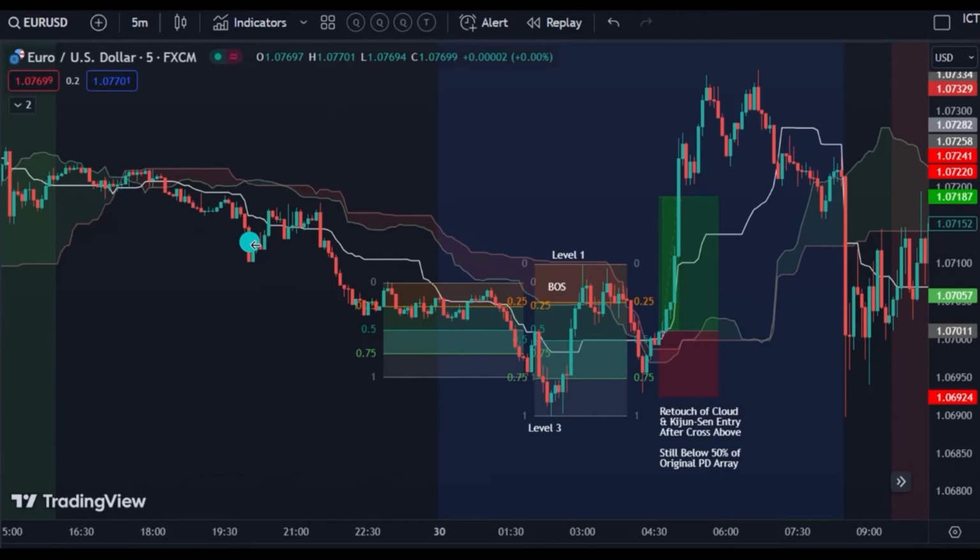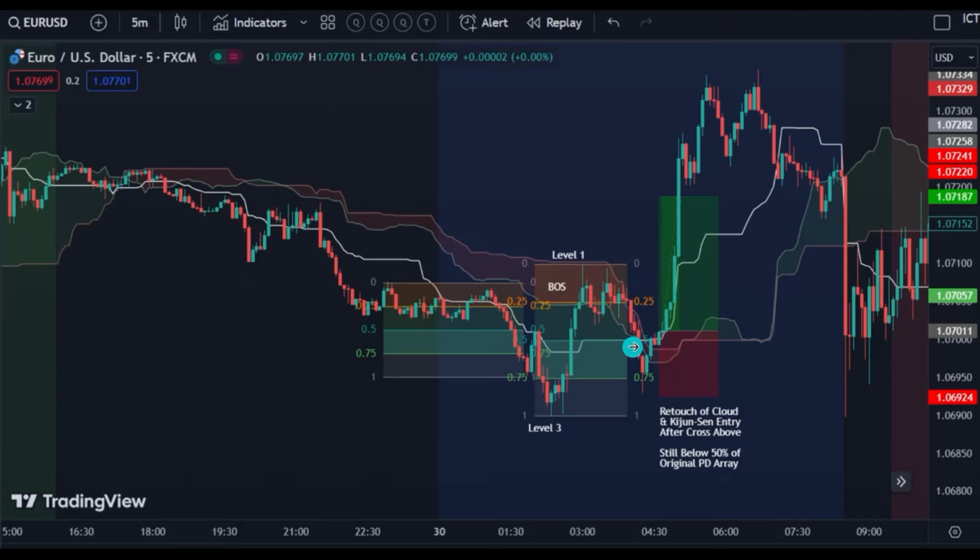If we follow down here, this gave us level 3. You can count it, but this is basically 1, 2, and then 3. Then price creates a level 1 with a break of structure. It comes back again to this order block. And then once it crosses the Kijun-Sen line, which it does here, and it closes outside of the cloud, that